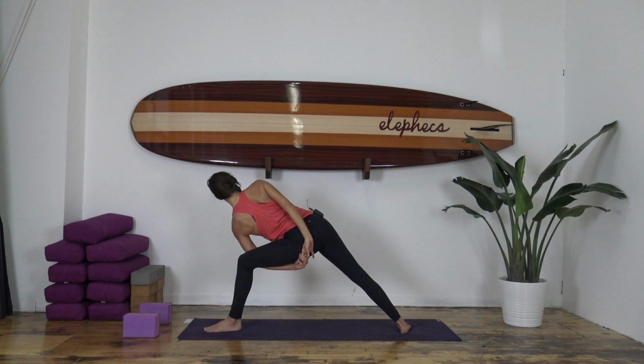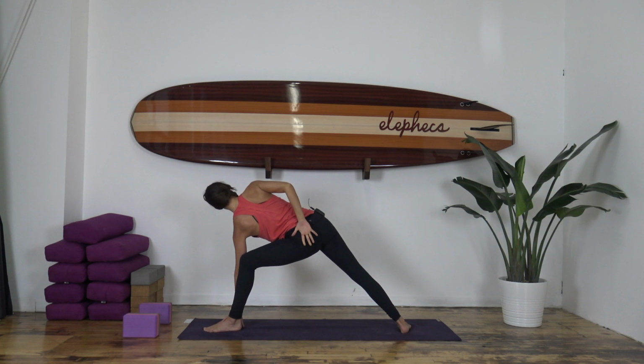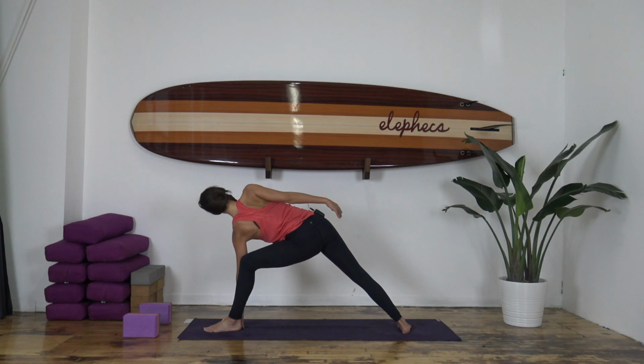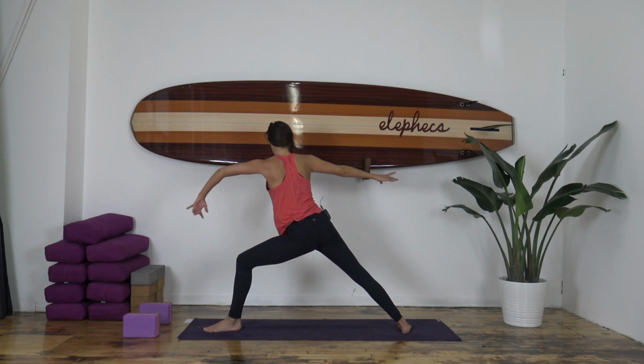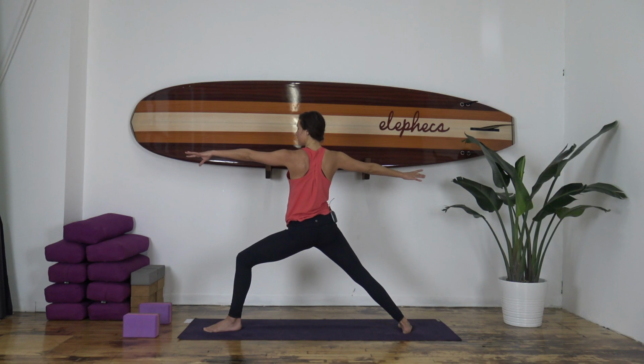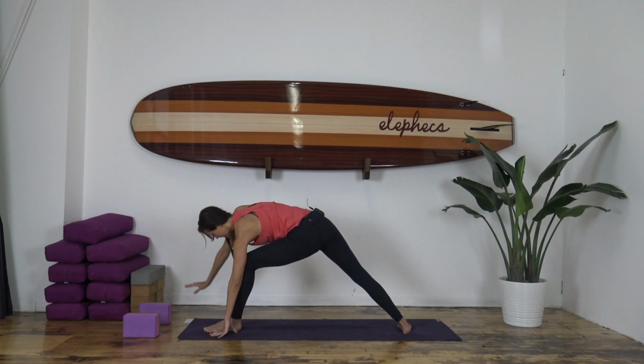So lengthen the spine, open your chest, left glute is drawing into the midline. Reach to the crown of the head. If you're in a full bind, release your full bind. Use the power of your core, come back to warrior 2. Take a breath in. On your exhale, we're going to cartwheel the hands down, frame your left foot, step back